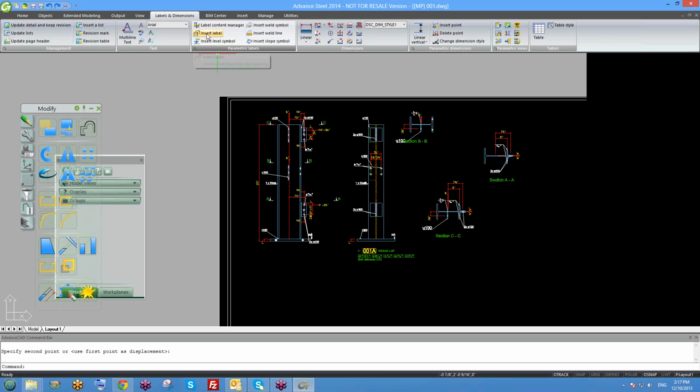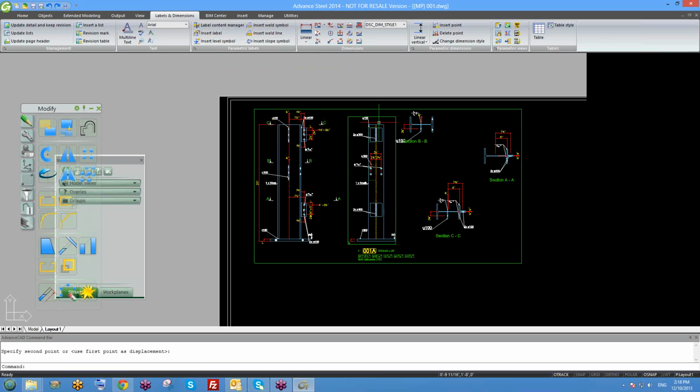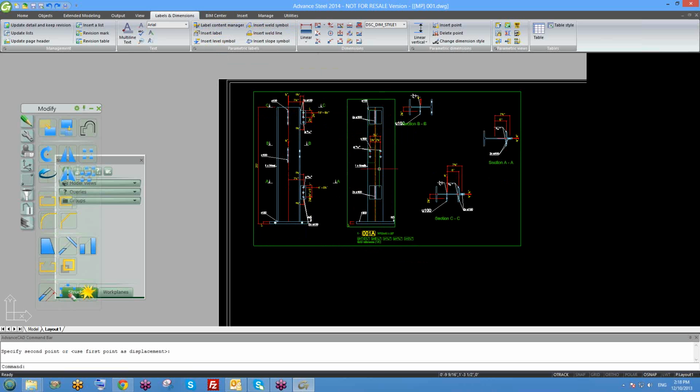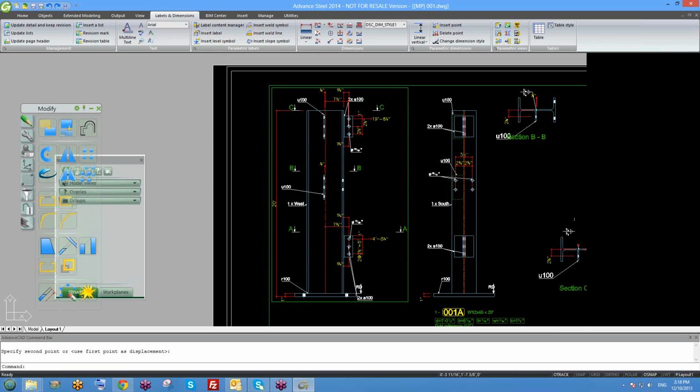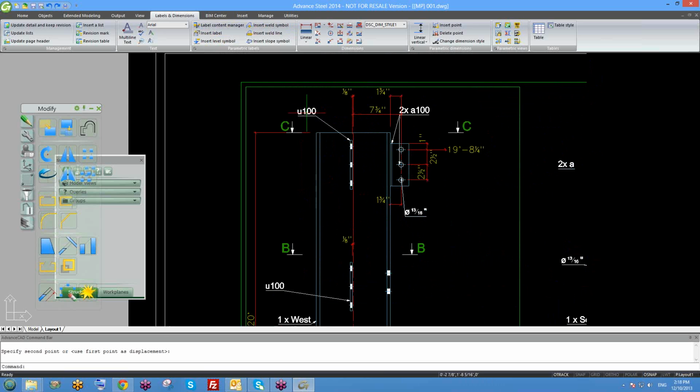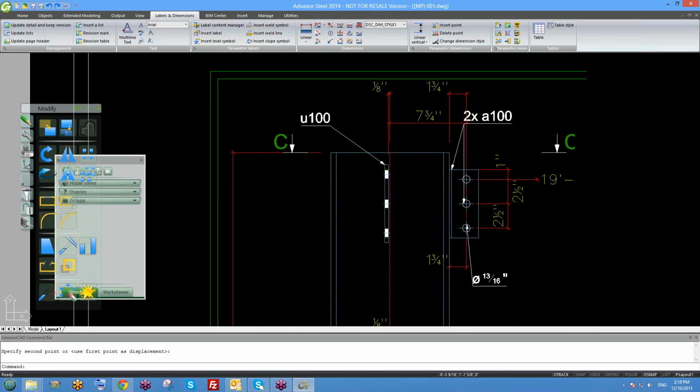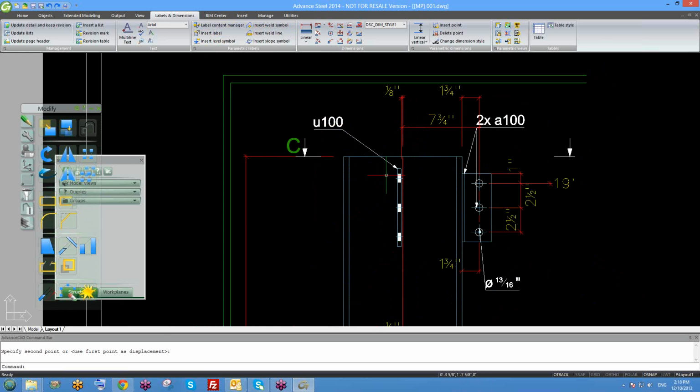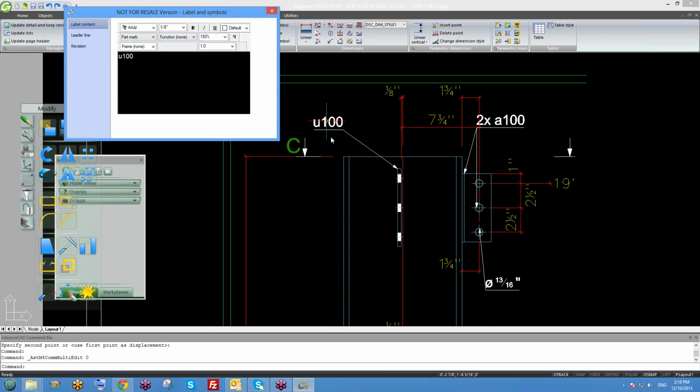So before I get into these items, let's take a look at these existing labels and existing dimensions. All right, so I'm going to start with this label here. So I have this label for this plate here. If I double click on that, it brings up this box and I can change my label. At the moment, if you want to see what you have as the token, again, in Advanced Steel,